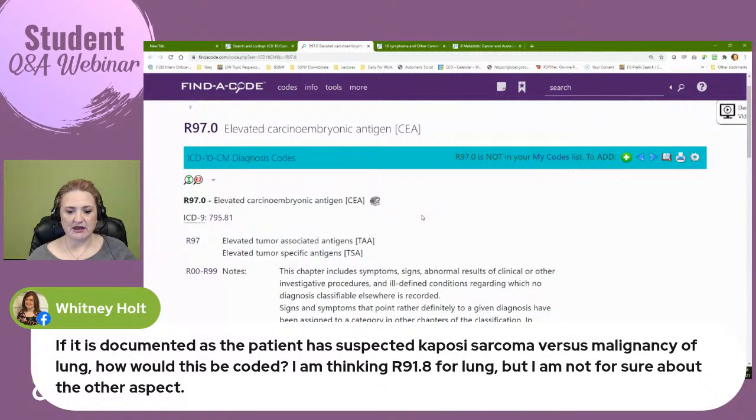If it's documented as the patient has suspected Kaposi sarcoma versus malignancy of the lung, how would this be coded? I'm thinking R91.8 for lung, but I'm not sure about the other. Okay, you cannot code Kaposi sarcoma without it saying the patient has Kaposi sarcoma. For one reason that really drives this point is that Kaposi sarcoma is a